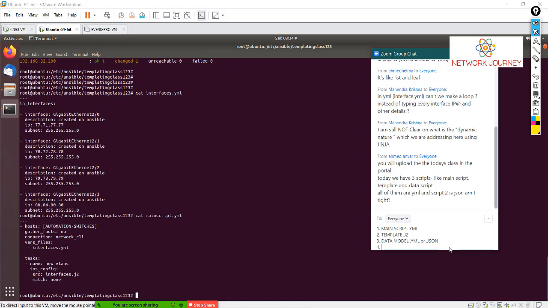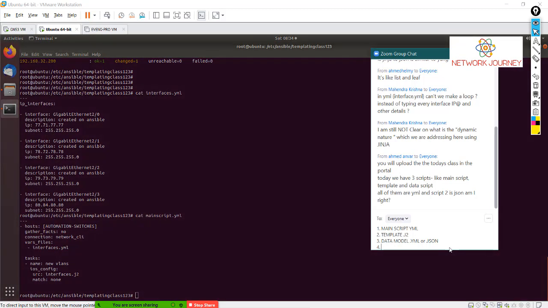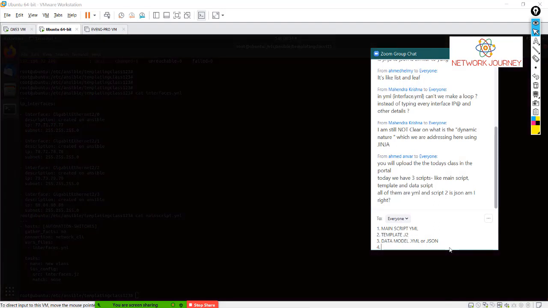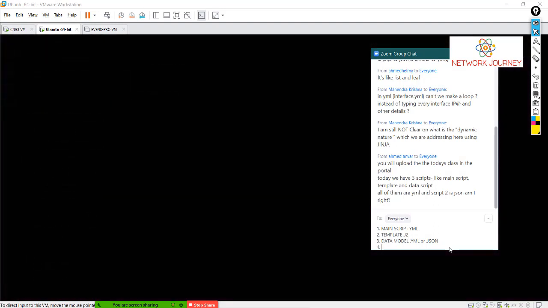Ansible looks difficult because you have to do a lot of things here. In a lab I'm doing everything: I did the host file, I did a configuration file, I installed things. But let's say everything was done and you were given visibility to only the script, and as an automation engineer your role was just to develop the script and execute. That would make it simpler. The reason it looks a little bit complex is because in a lab we don't have anyone else, so we have to set all these things up ourselves so that we can start practicing. That's the only reason you felt it is a little bit difficult.